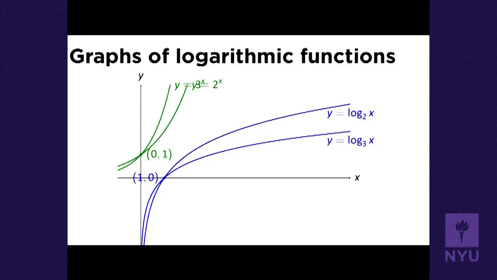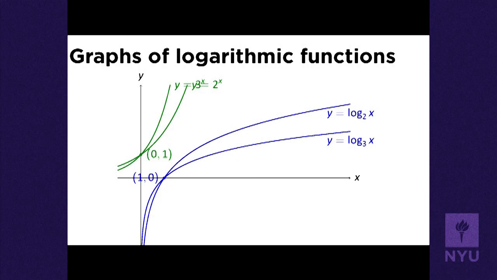So here's the graph of 2 to the x. And if we flip that graph across the diagonal, we get log base 2 of x. If we take the graph of 3 to the x and flip it, we get the graph of log base 3 of x. If we take the graph of 10 to the x and flip it, we get the graph of log base 10 of x. And if we take the graph of e to the x, then we get the graph of the natural log of x. Okay, each one of these graphs is a reflection of one of these graphs in the diagonal line